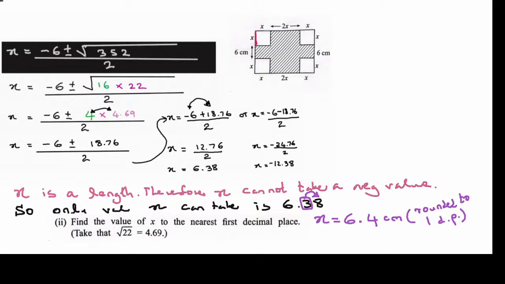Right. Let's see what's Roman 3. They want us to find the perimeter of the shaded region. So what